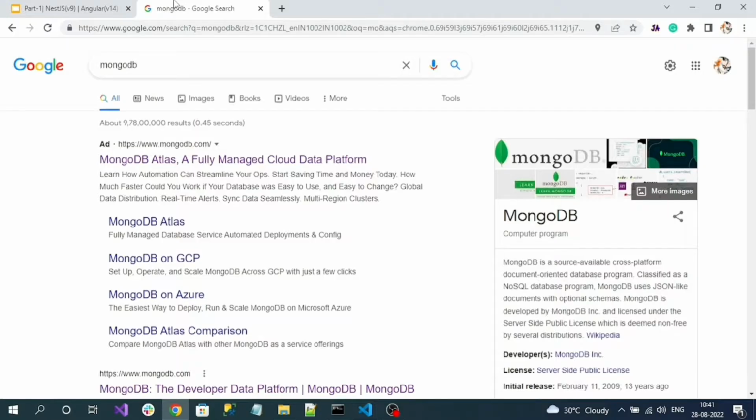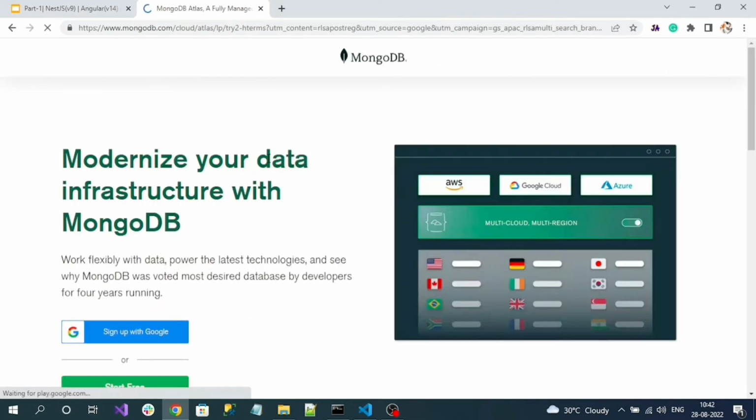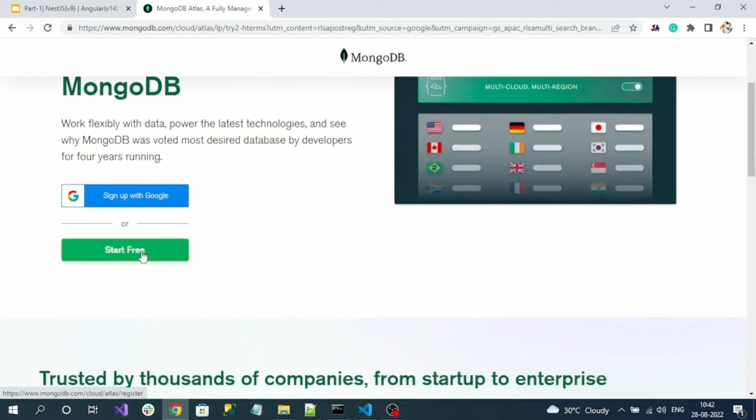For that we simply browse MongoDB, and you can see a link for MongoDB Atlas, which is a cloud data platform. Click on it. Once you click on the link, you can see a start free option. My suggestion is please click on start free and register with MongoDB cloud, sign up for it, and it will